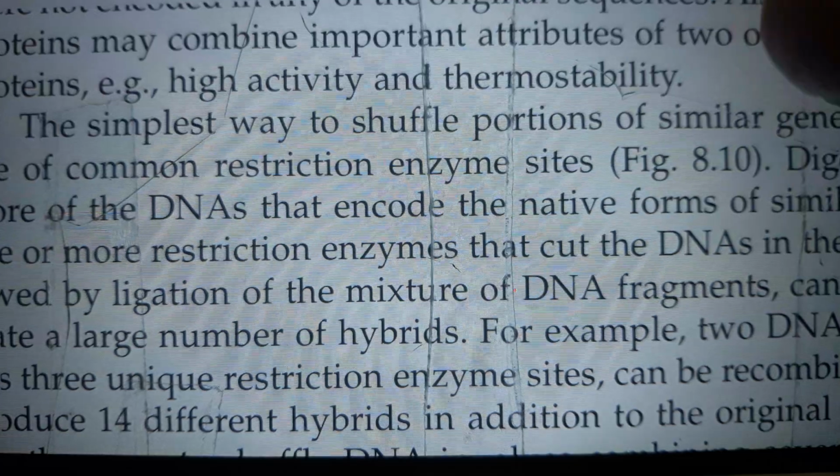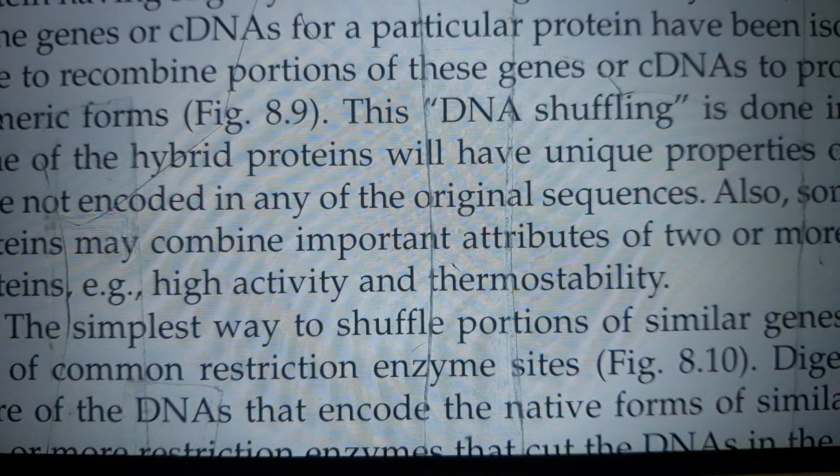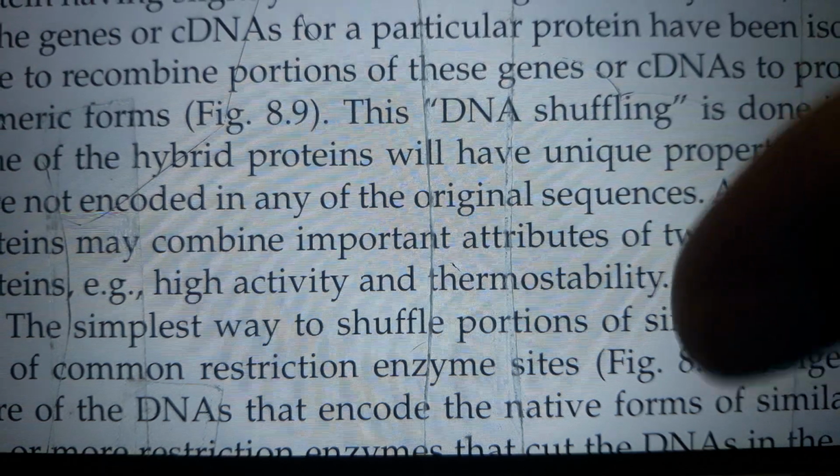If at least several of the genes or cDNAs for a particular protein have been isolated, it is possible to recombine portions of these genes or cDNAs to produce hybrid or chimeric forms. This DNA shuffling is done in the hope that some of the hybrid proteins will have unique properties,